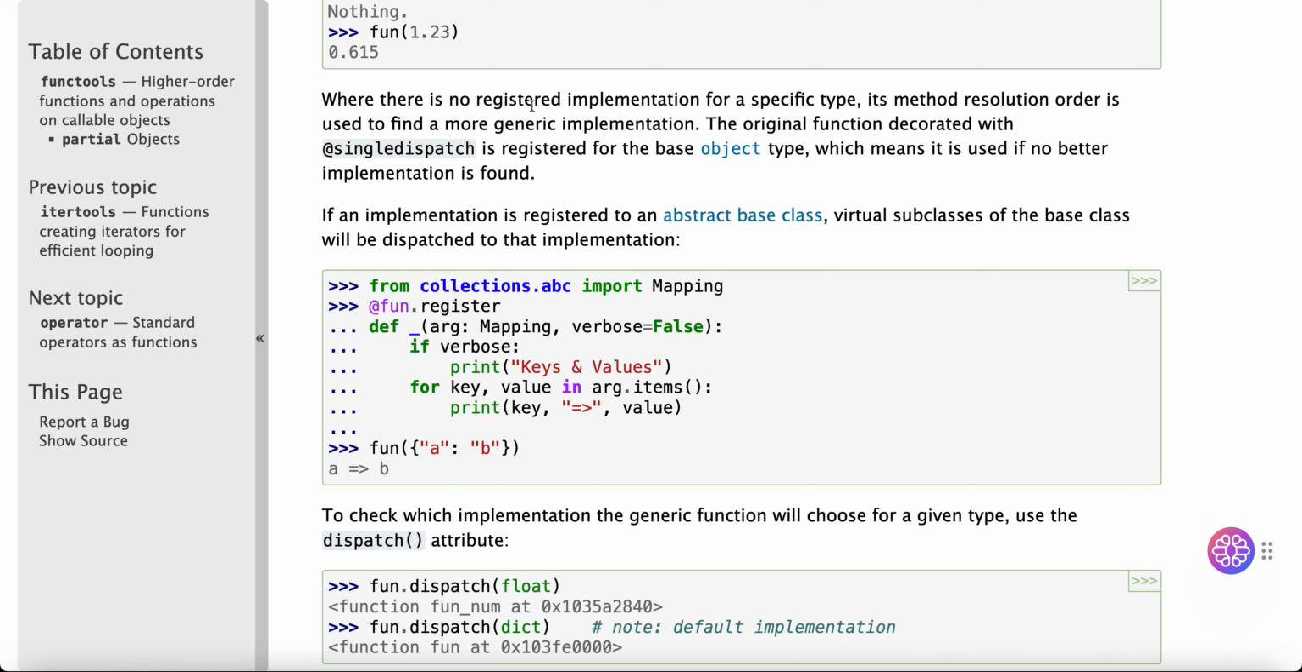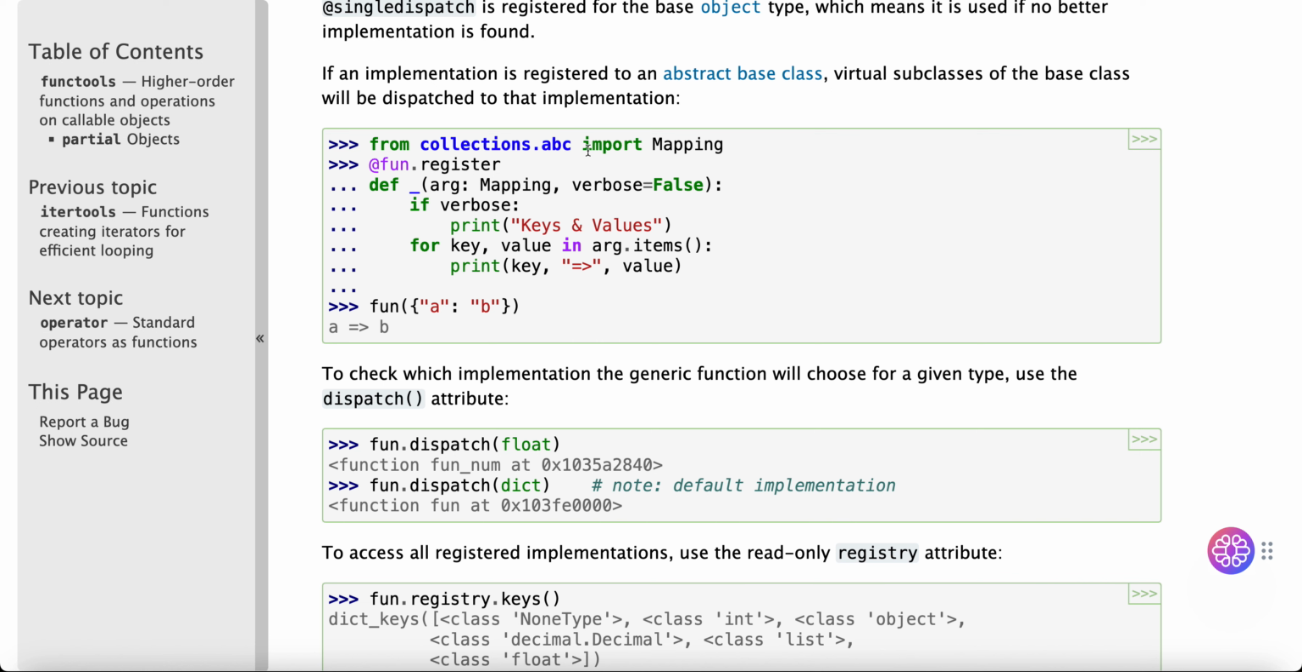Where there is no registered implementation for a specific type, its method resolution order is used to find a more generic implementation. The original function decorated with singledispatch is registered for the base object type, which means it is used if no better implementation is found. If an implementation is registered to an abstract base class, virtual subclasses of the base class will be dispatched to that implementation. from collections.abc import Mapping; @fun.register; def _(arg: Mapping, verbose=False):